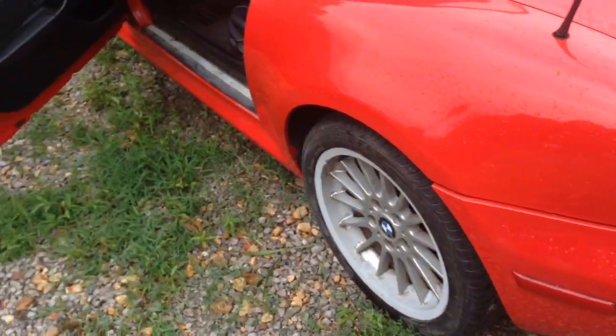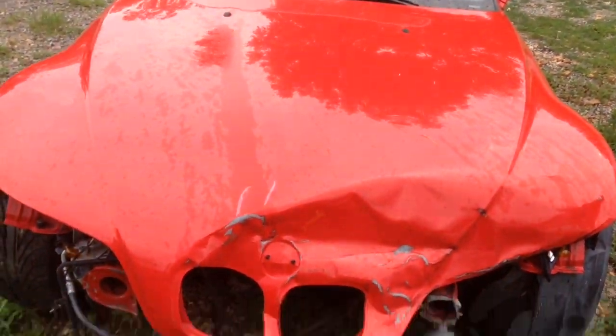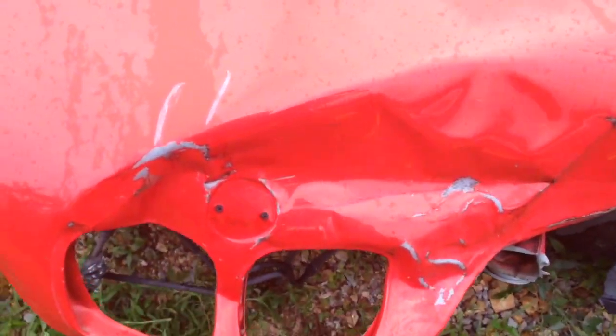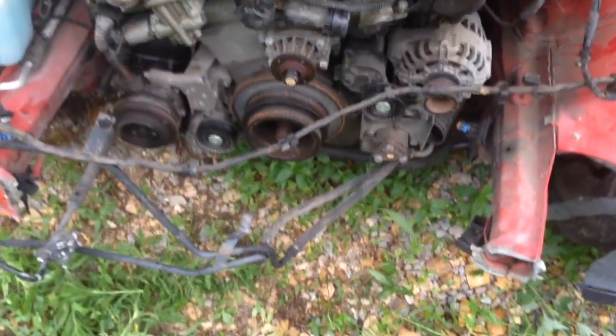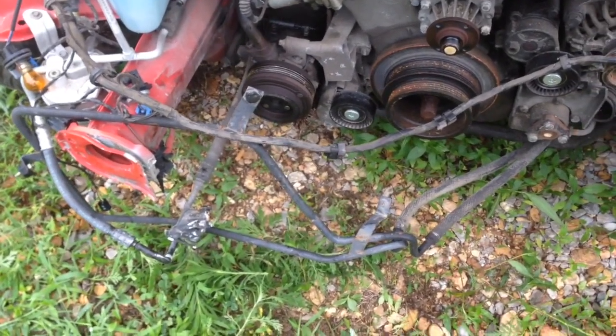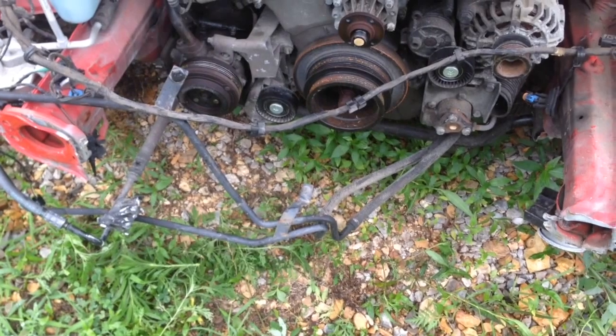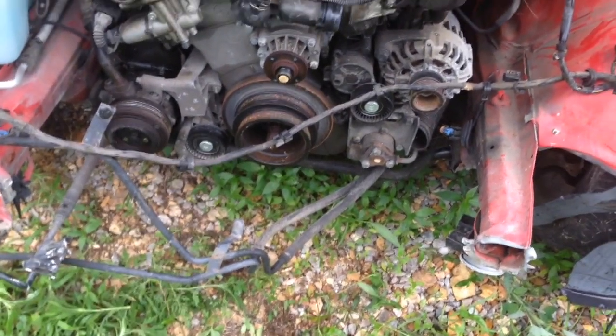All the paint, other than obviously it's crashed, other than the front, is all pretty much like brand new. And if you've seen the last videos, this thing was wrecked in the front. And so it needs a hood for sure. It also needs, the frame rails are just a little bit bent on the very tips. And let's see, so it's going to need a new bumper. It's going to need a core support. I have the old core support,